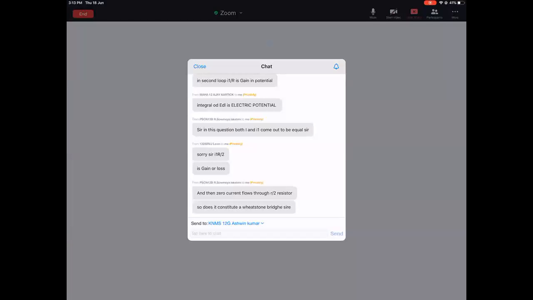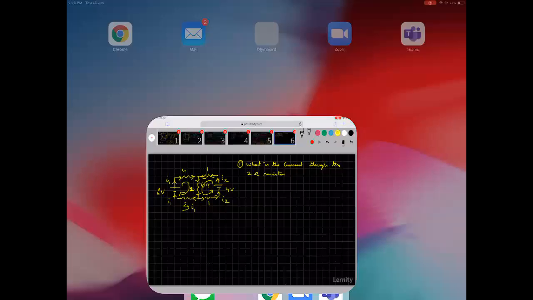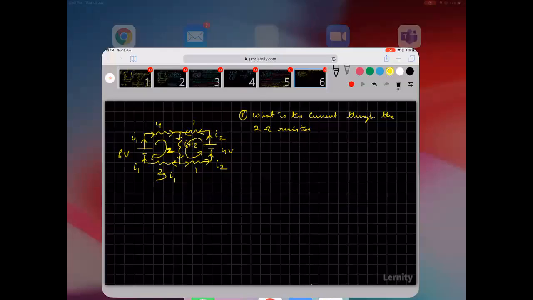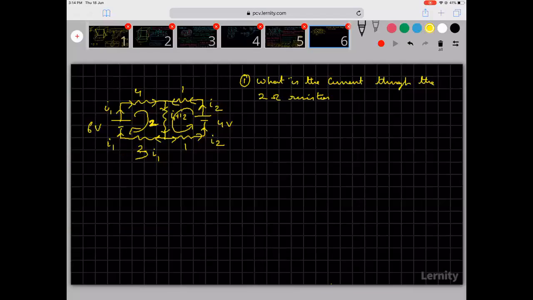No, it doesn't constitute a Wheatstone bridge. For a Wheatstone bridge, first thing is batteries can't be there. The moment batteries are there, a Wheatstone bridge is ruled out. For a Wheatstone bridge, you can have only one driver battery, and if it is there, then you can say it may be a Wheatstone bridge. This is the circuit of a Wheatstone bridge. If any battery comes anywhere here, then it is not a Wheatstone bridge. So this is not a Wheatstone bridge. Please work and get me the answer. Please copy it down. If you want me to make the font a little bigger, I can.